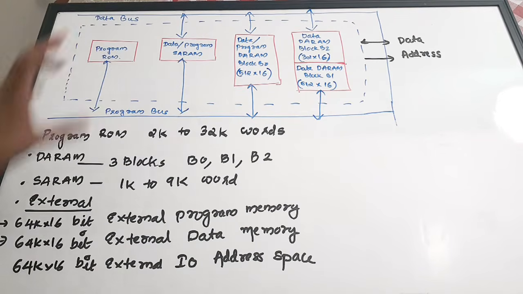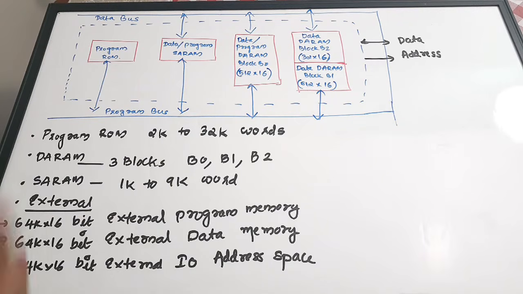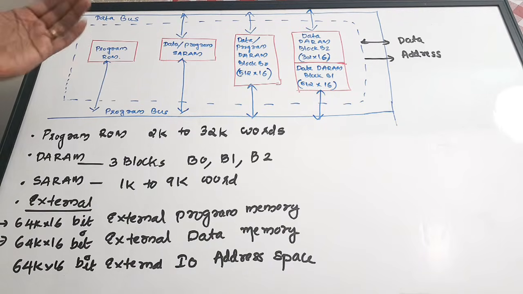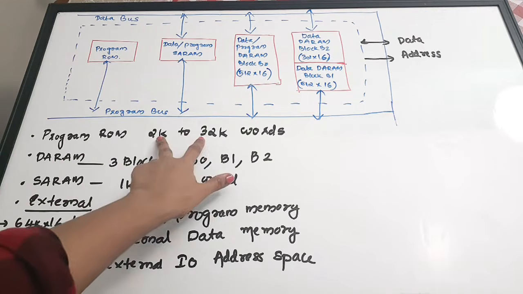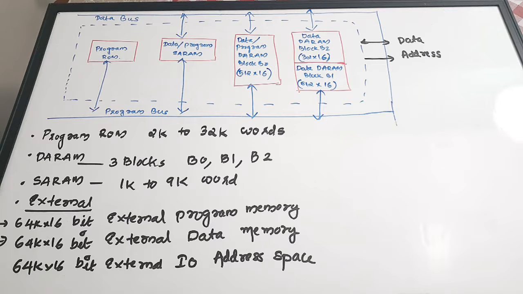It is written during the manufacturing of the chip itself, and the processor will load whatever is required at the time of power on reset or booting, and other external devices are prevented from accessing this memory. So that is all about the program ROM or PROM. The size is from 2K to 32K. Next one is